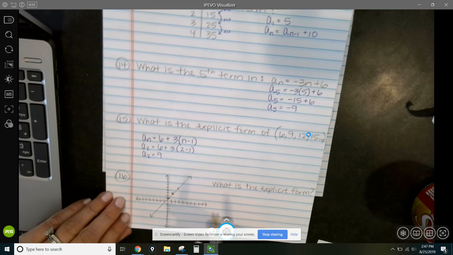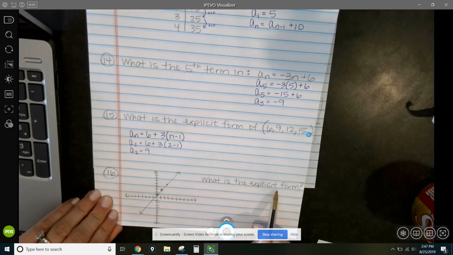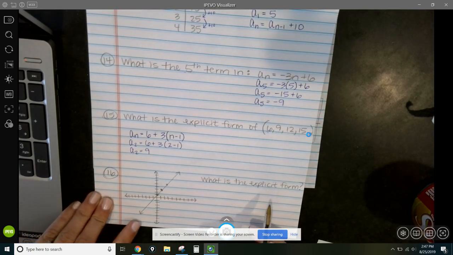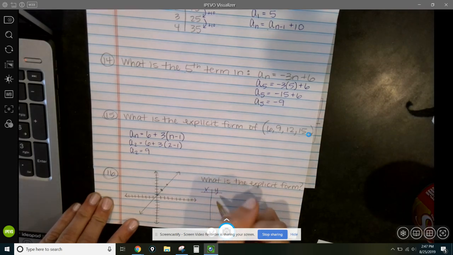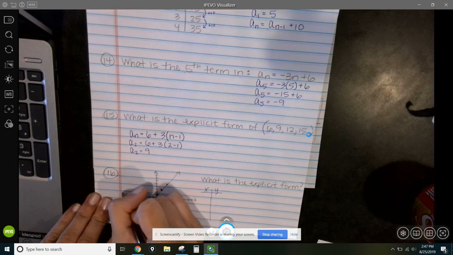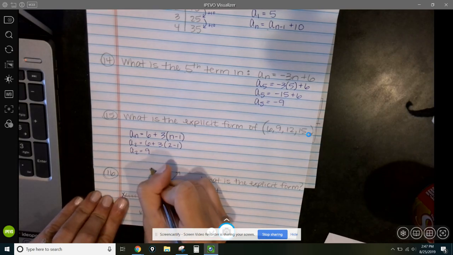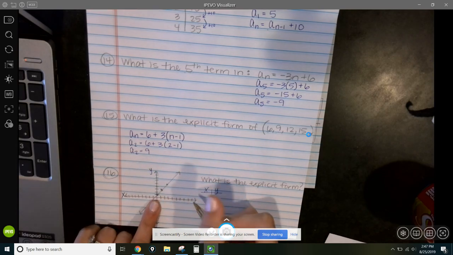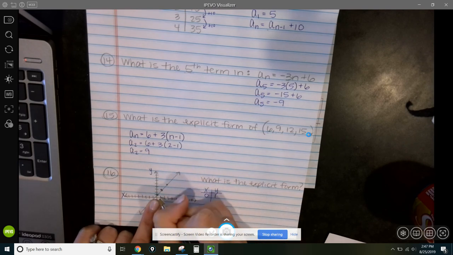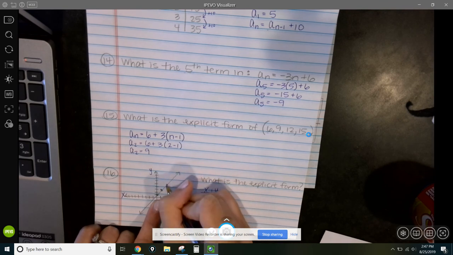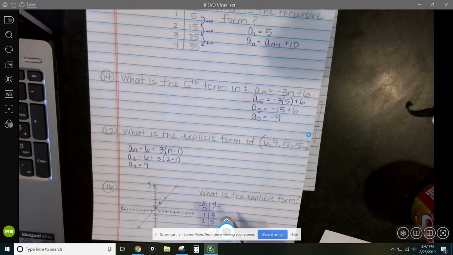Last one is, what if you have a graph and they want the explicit form? So you can do this a couple different ways. I'm going to actually turn this into a table, like an XY table. Remember, your x-axis is the horizontal one and your y-axis is up here. So I'm going to write down some of these ordered pairs. This first one is 0 for x and 1 for y. Then I have 1 for x and 3 for y. This ordered pair is 2, 5. So I have some numbers here that I can work with to write